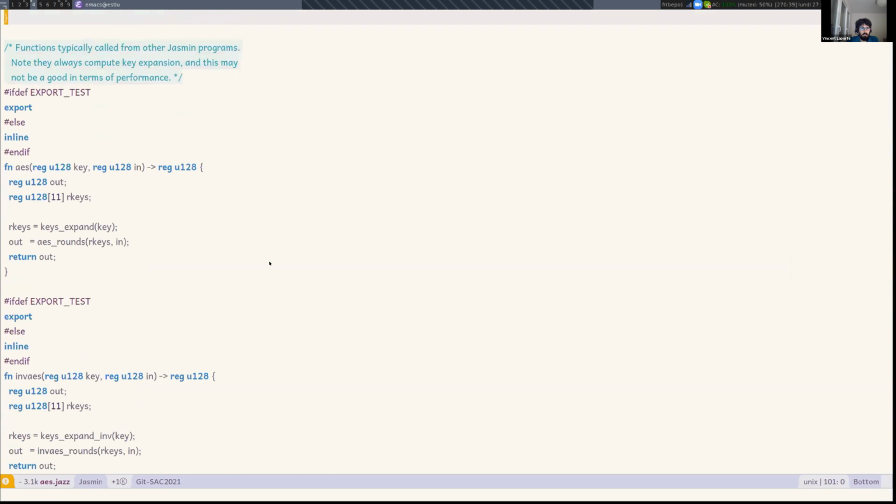So this file defines a few functions, and mainly the AES and the inverse AES functions. So AES takes as arguments the secret key and the block to encrypt, and will compute AES following the